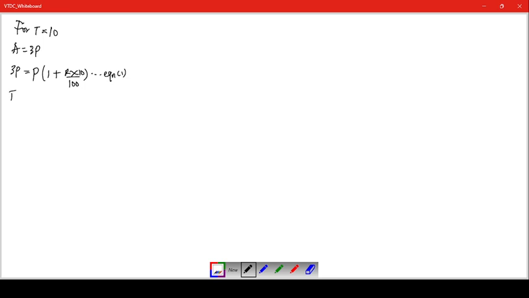And then for time unknown, the amount was 5 times the money deposited. And then we have 5p is equal to principal, all in the bracket, 1 plus RT over 100. Okay, so back to this. This being our equation 2,